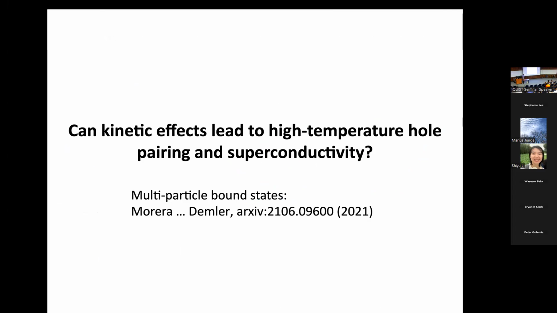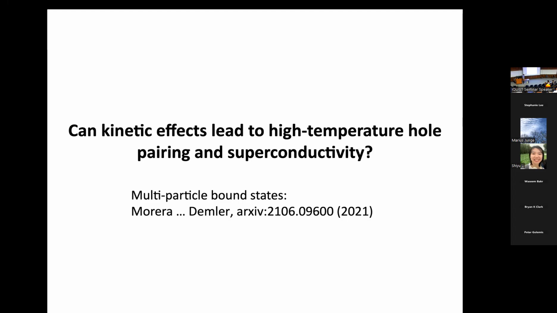Okay. So I just want to maybe wrap up this part of my talk with telling you why I think this is super exciting. It's not only that you have this high temperature magnetism, but there's also recent theoretical work that's proposing that this might be a route to high temperature superconductivity. Because the polarons we're seeing here are the simplest sort of polarons you can have, where you have basically a single hole or a single dopant binding to a single spin flip. But you can have more complex objects where you have multiple spin flips and multiple holes binding together.